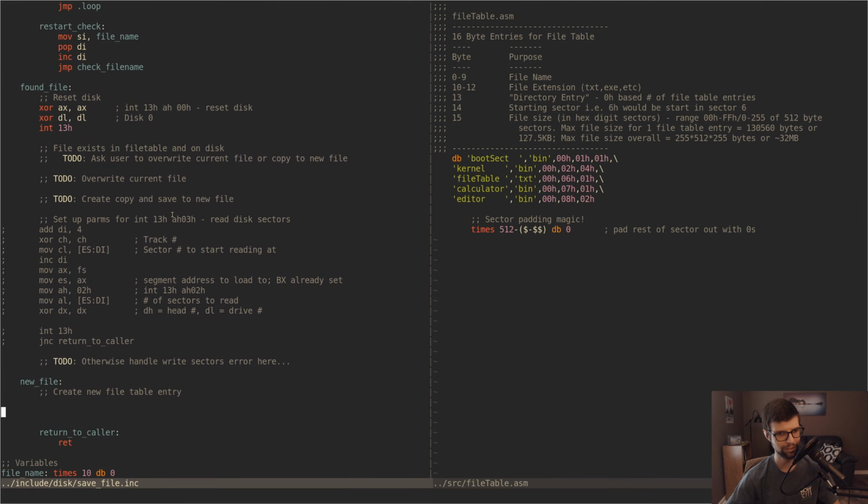So that's what we're doing. Create new file table entry at end of current entries. All right, so the file name is going to be file name. It's a 16-byte entry. So file name will be